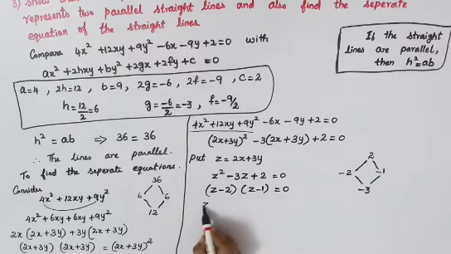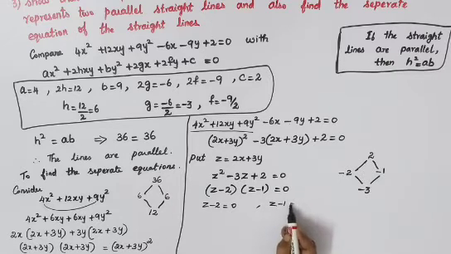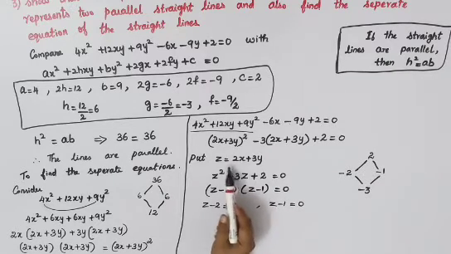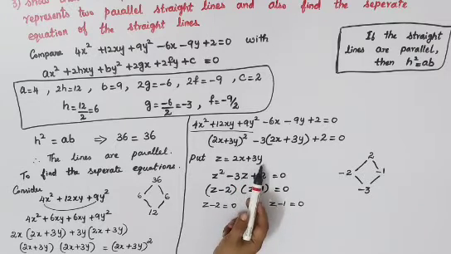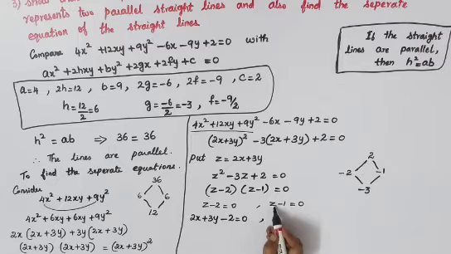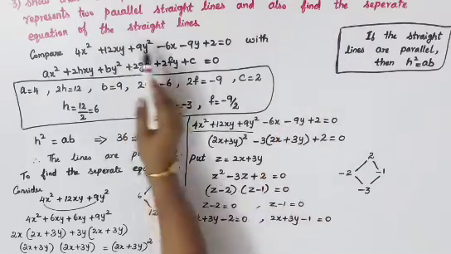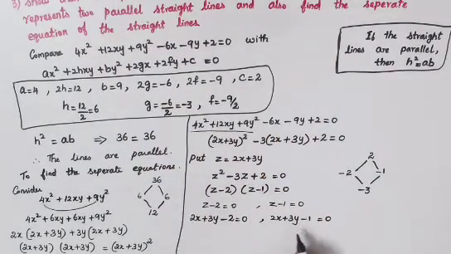So the next line is z minus 2 equal to 0, and z minus 1 equal to 0. Now replace your z again, that is your 2x plus 3y instead of z. So I'll get 2x plus 3y minus this 2 is equal to 0. And again in the place of z you'll have to write 2x plus 3y minus this 1, which is equal to 0. So we have got two separate equations. They have asked you to find the separate equations of a straight line only, so we have got the separate equations.